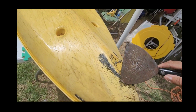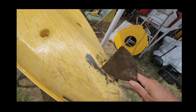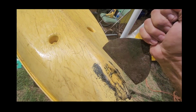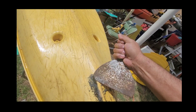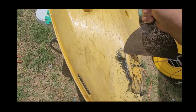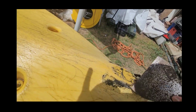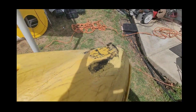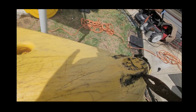Everybody who does a little patch makes a how-to video on how to patch, and they just don't know. Just because your patch is holding the moment you do it, look at this, doesn't mean you did it right. Same with all these guys that are using fiberglass and epoxy and Bondo and all kinds of other junk to patch their kayaks. They're plastic kayaks. I mean, if your kayak is fiberglass, hey, fiberglass it. But